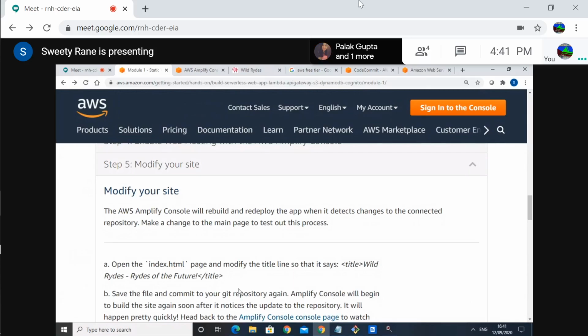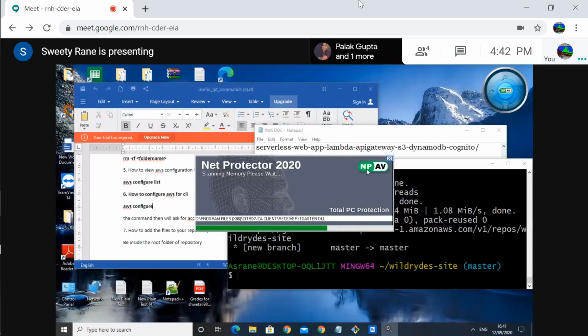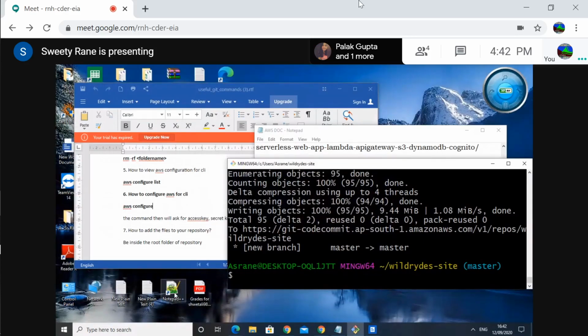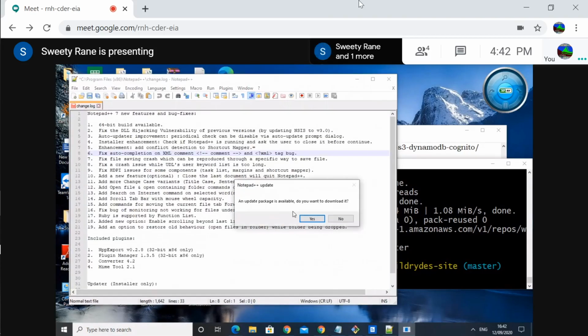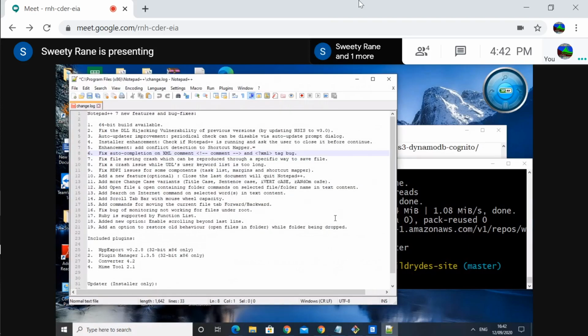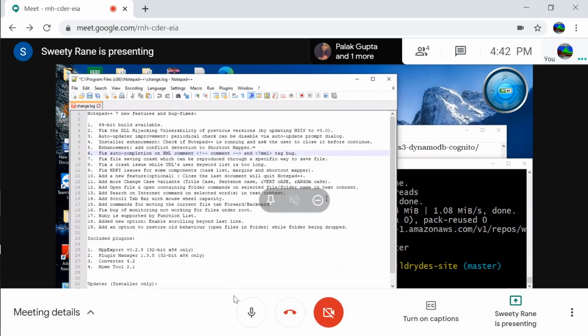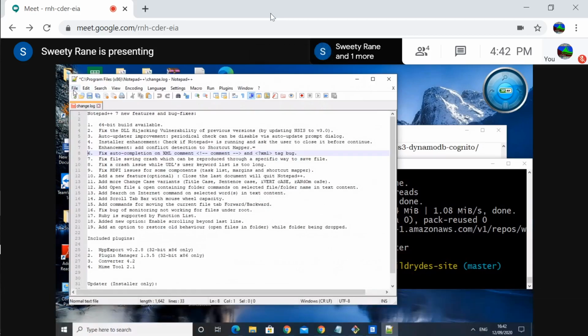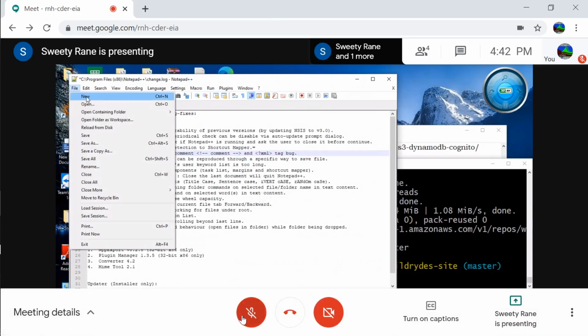So open index.html on your local box, modify the title, and then open in Notepad++. It doesn't matter which editor it is. No, not new file.